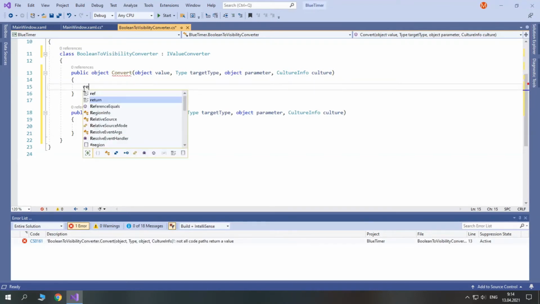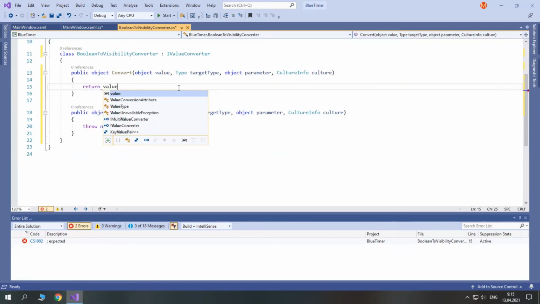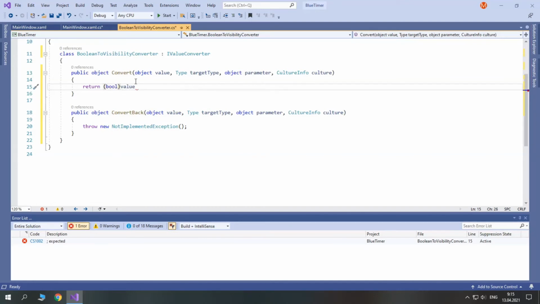So here we will return visibility, like collapsed or visible, but we will need to base it on the current bool value. So we have a value of object type and we need our value of type bool. So here we convert it to bool and we check if it is true.